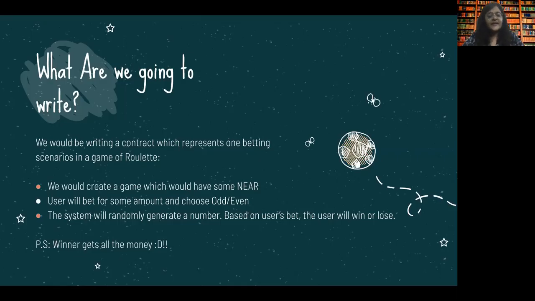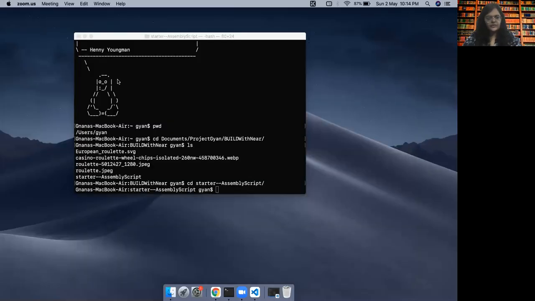The user will bet some amount of money on the smart contract, and the user will choose whether they want to bet on odd or on even. Our contract will randomly generate a number, and based on whether it's even or odd, the user wins or loses. And of course, the winner gets all the money. So let's get started. I'm going to be sharing my screen.